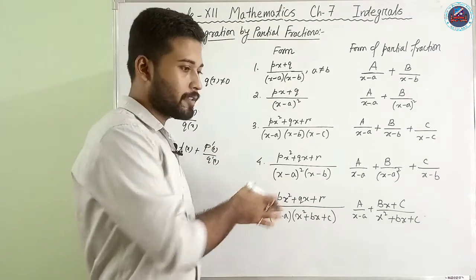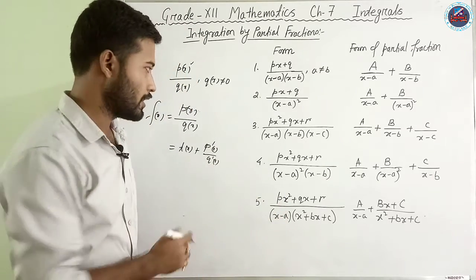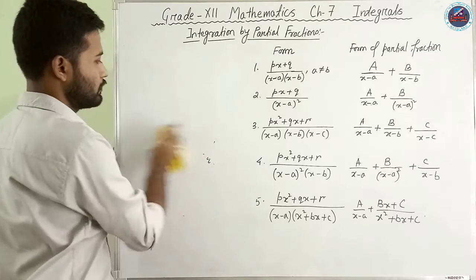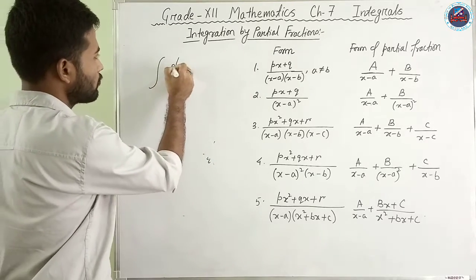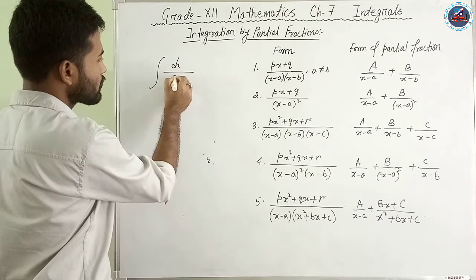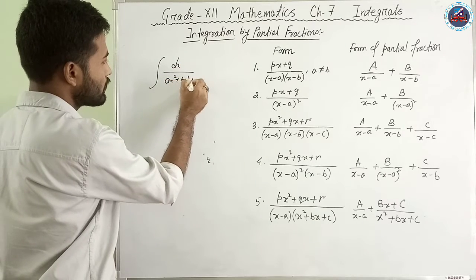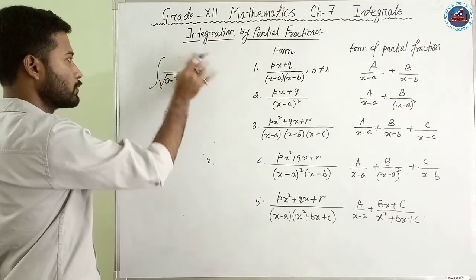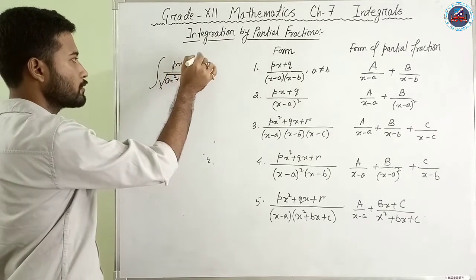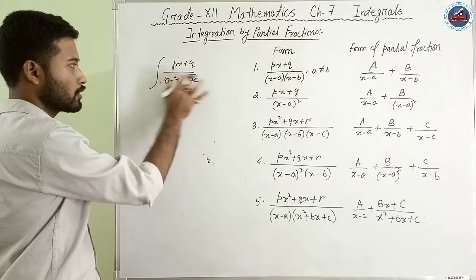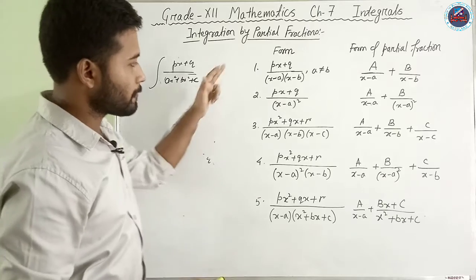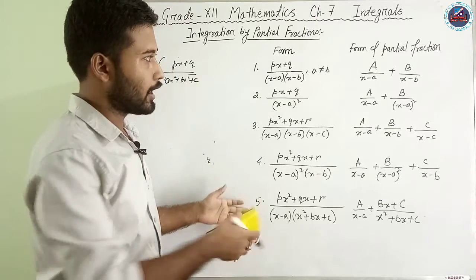Now in the previous video we have seen four types of forms, isn't it? One of them was the integration of dx by ax square plus bx plus c. Another was the same thing with a root. Another was the same thing with px plus q. Another was without root. So there were four forms. In this video we shall see 5 other types of forms, and how to find them.